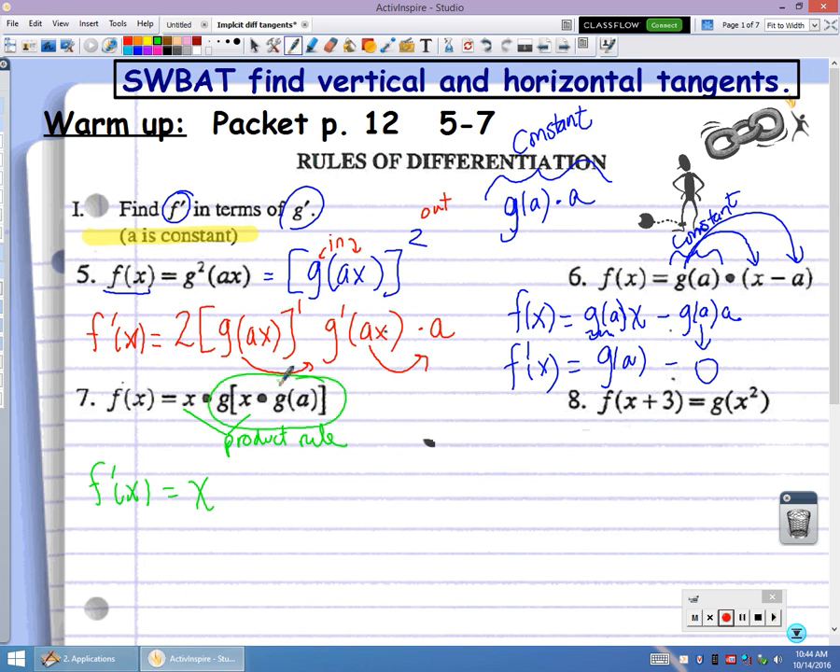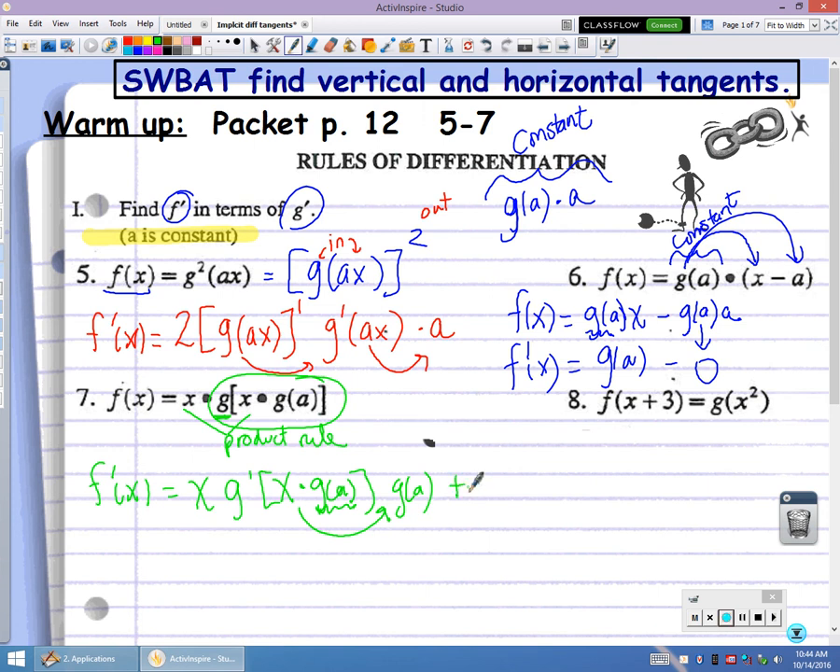This second function requires the chain rule. The derivative of g is g prime, leave the inside alone. Okay, that's the derivative of the outside multiplied by the derivative of the inside. The derivative of a constant, g of a, multiplied by x is the constant g of a, or the coefficient in this case. All right, that was the first times the derivative of the second